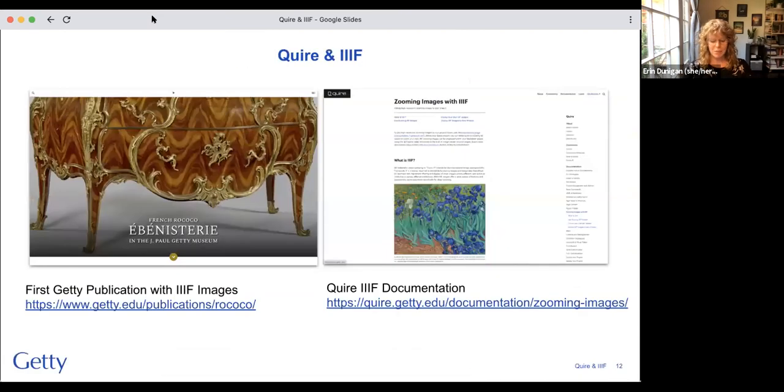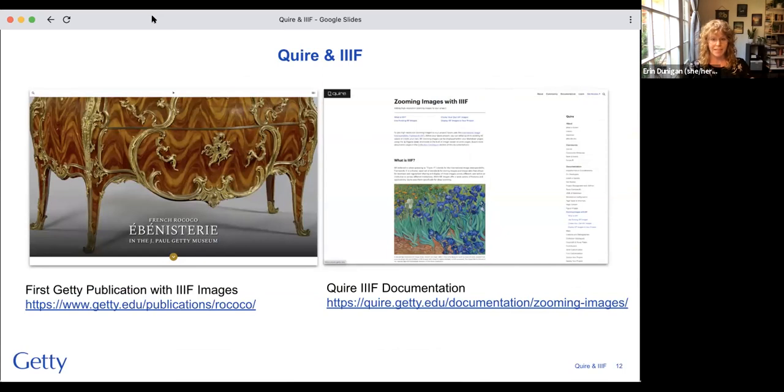Quire was designed specifically for scholarly, visually rich publishing. From the start, it was a no-brainer that IIIF was the way to go for several reasons. IIIF is rapidly becoming the preferred method for sharing high-resolution zooming images. It's an easier and more connected way of working, advancing critical scholarship among the growing number of institutions and museums